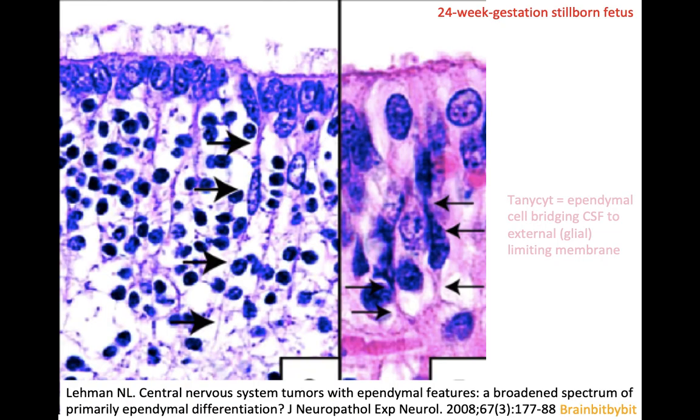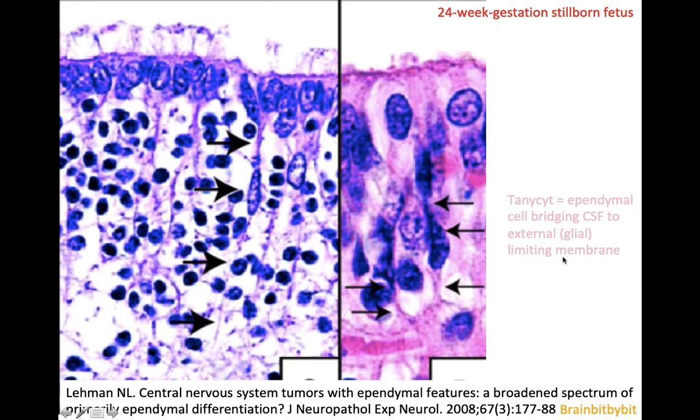These are images from human stillborn fetuses. This is a 24-week-old fetus where you can see the ependymal lining with the cilia on the ependymal cells. And you can see a radial glial cell located between the ependymal cells with the cell body in the ventricular zone, and then the process with the migrating neuron going towards the cortical plate. And you might remember that the basal process of the radial glial cell went all the way to the external